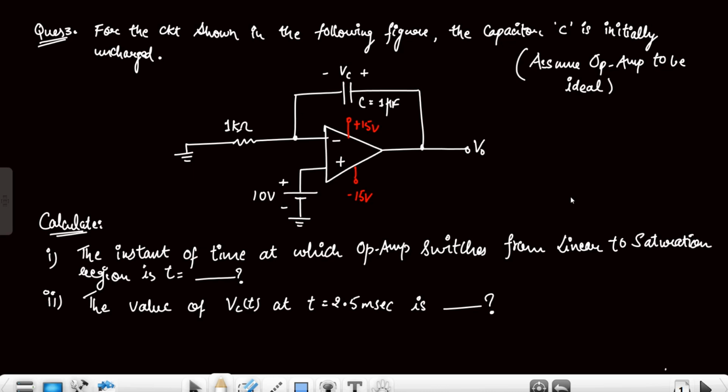As the op-amp enters into the saturation region, the virtual ground concept will not be valid there. And second, we have to find out the value of the capacitor voltage at this time instant. Because virtual ground concept is valid, it means here the voltage will be 10 volt, and due